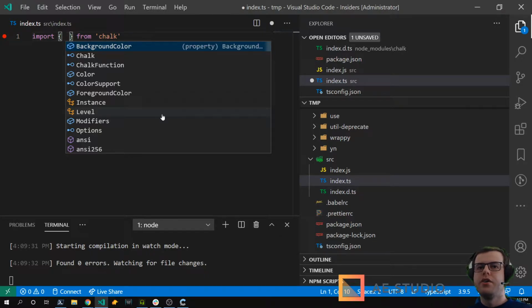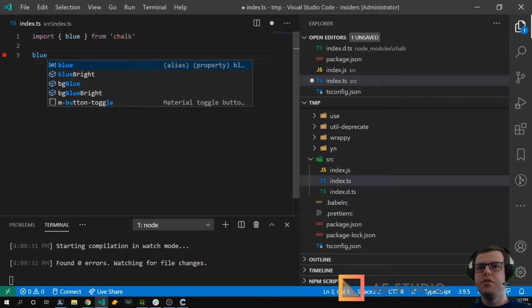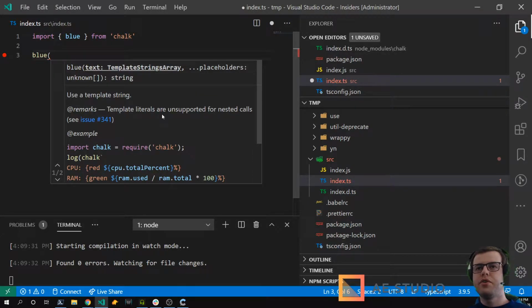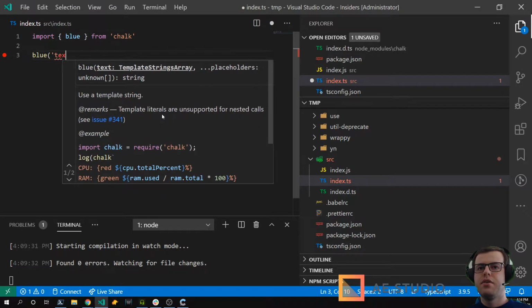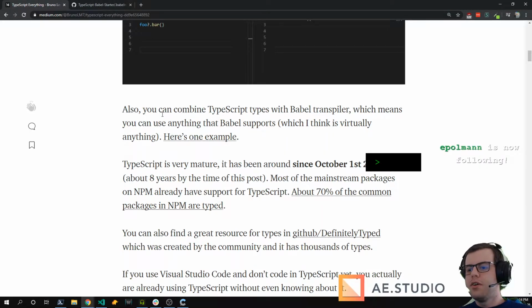So I can just import green or blue, and it tells me how to use it. Blue is a function, and I can pass some text. Because it's typed, it doesn't allow me to do something wrong. Well, in this case, it takes anything, but we're going to see in the following examples.